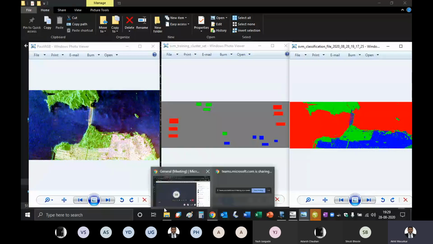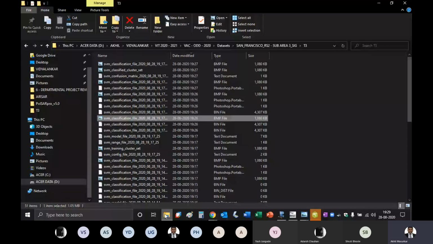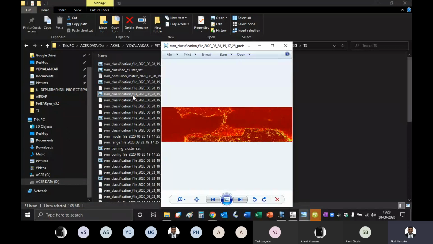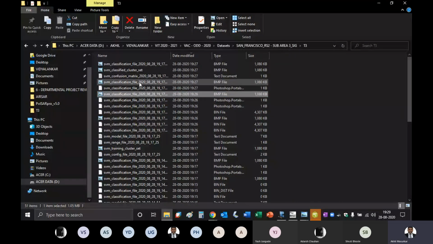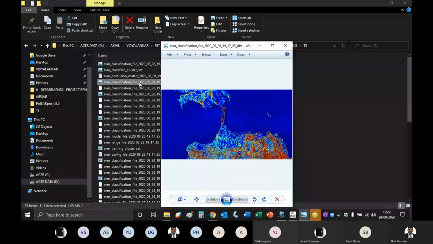Now, this is the visual interpretation of what you have done. Let us open some more files. You can see here another BMP file. This is actually not having much information, but yes, you can open them and just have a look.